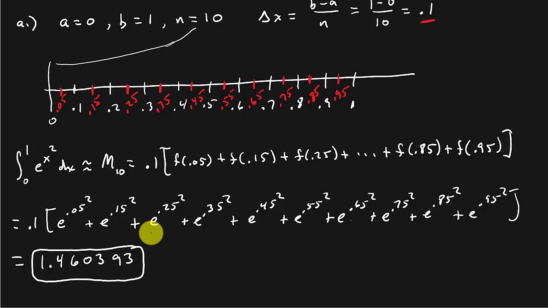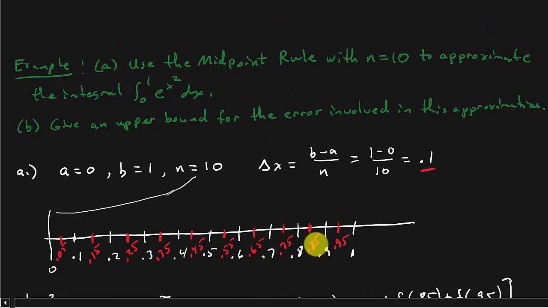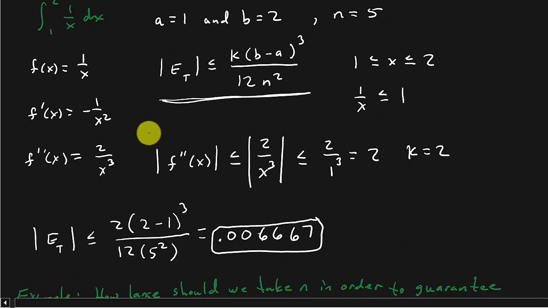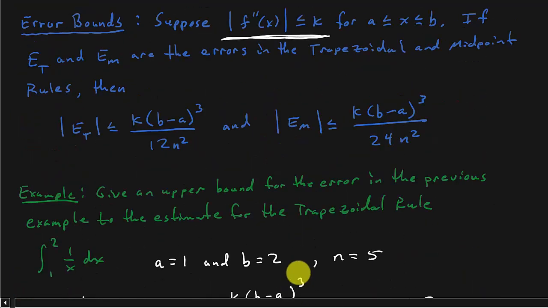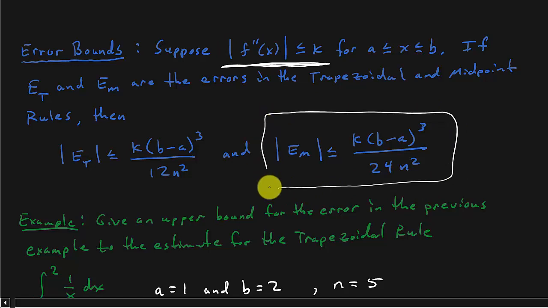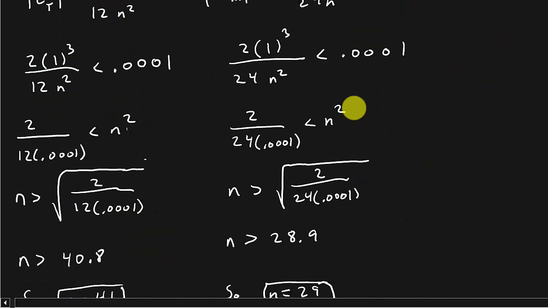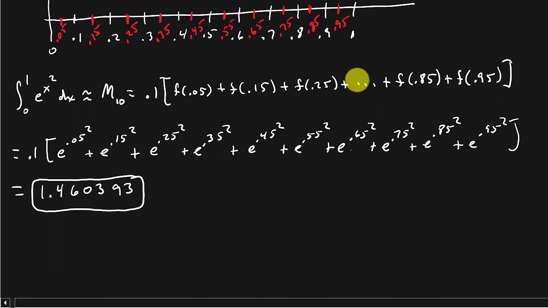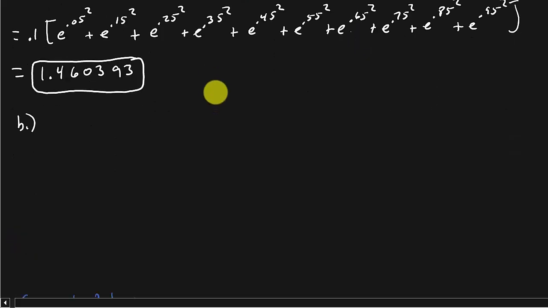All right, now what do we have to do? Now they want us to give an upper bound for the error involved in this approximation. So the upper bound is going to be just like we worked this problem right here. And so what do we need? We need the second derivative, right? And then we're going to plug it into this formula right here. All right, so let's go ahead and get started. So for part B,